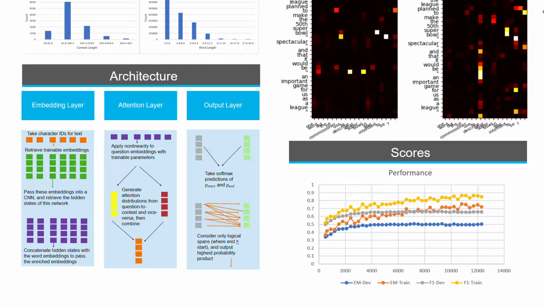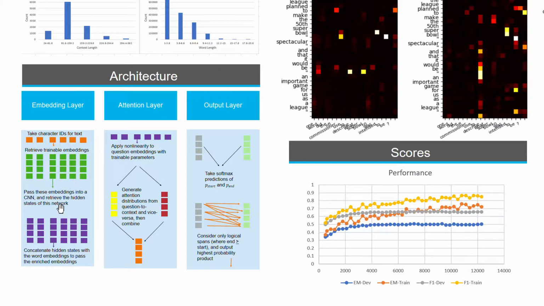So this worked by taking character IDs from the text, right? So that's just like the ID of each character within a list of alphabetical letters and a few special characters. I got trainable embeddings for each of those IDs. So that was a whole new variable within the graph. And then I passed these embeddings into a convolutional neural network with settings for a window size, so it would pass through these characters and be convolved over a particular window of characters, regardless of word length, for example, right? Taking the hidden states from that